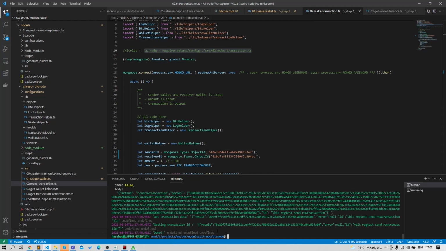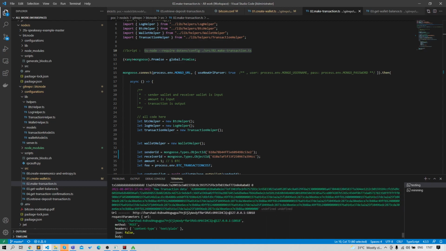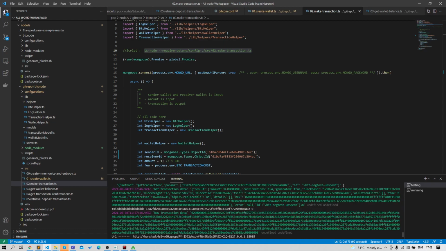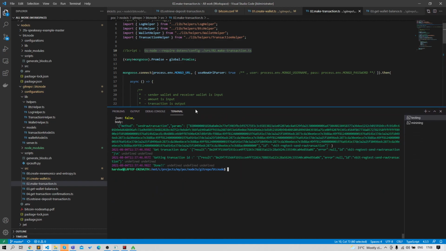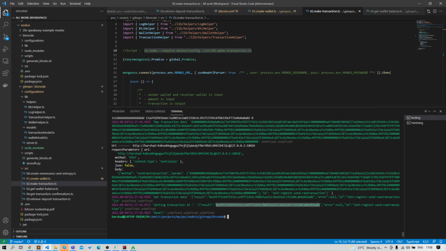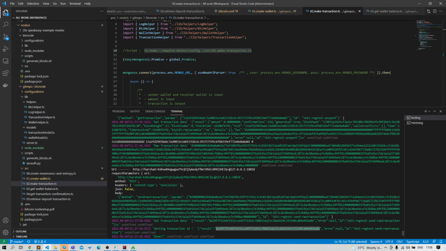Okay, so a new transaction has been created, and this is the newly generated transaction ID. And here you find the block hash also.